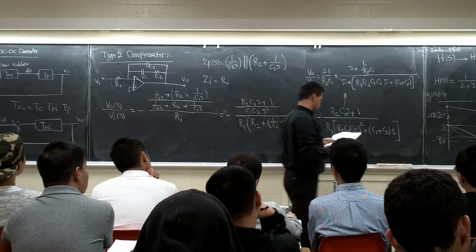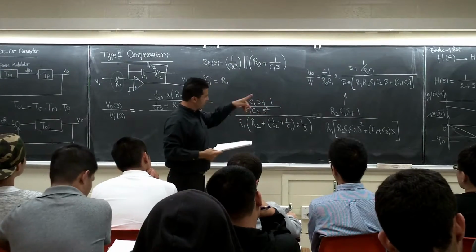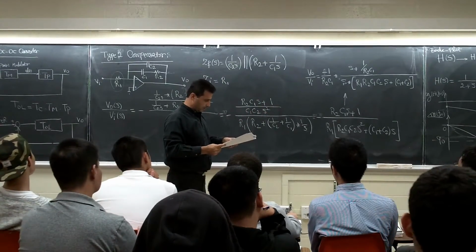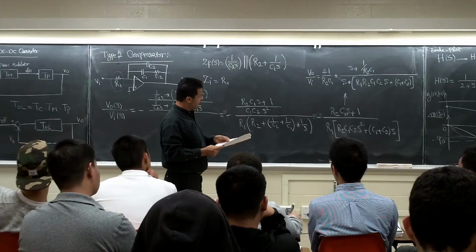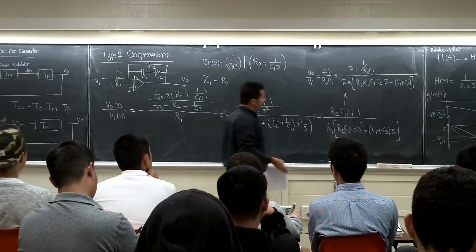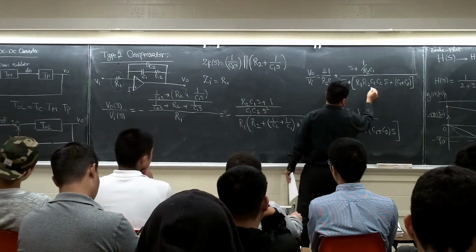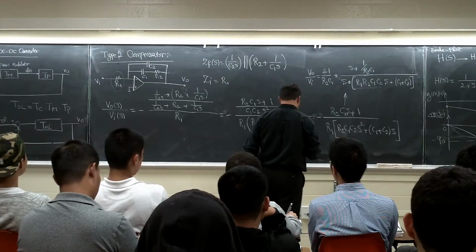Right? But still, I want to make this one a little bit more meaningful. Yeah, I want to have it as well. Let's factor this one again. If I factor it again here,